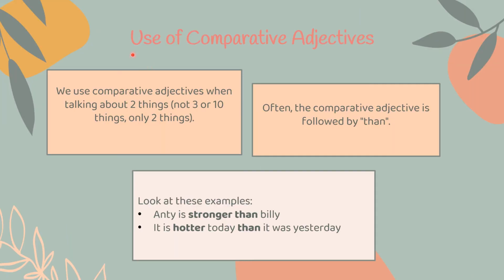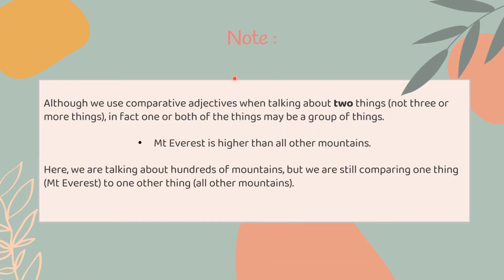And next, the use of comparative adjectives. We use comparative adjectives when talking about two things. Reminding again, just two things, not three or ten things, only two things. Often, the comparative adjective is followed by than. Look at the example. Auntie is stronger than Billy, and it is hotter today than it was yesterday. And note again, although we use comparative adjectives when talking about two things, not three or more, just two things,